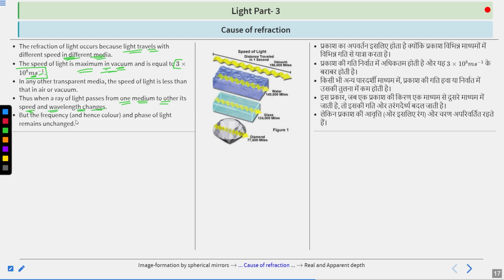Okay. In the beginning of this slide, in part 1, I told you this in a clear and cut way. So if you are revising the lectures properly, you must be aware of it. If you are not, don't worry, just do it. But here you can get a small revision. When light moves from one medium to another, from this medium to this air medium, or from this medium to this medium, the speed and wavelength of light will change. But the frequency, and because of the frequency the color is defined, and the phase of light will remain unchanged. So that's why we could observe the cause of refraction.